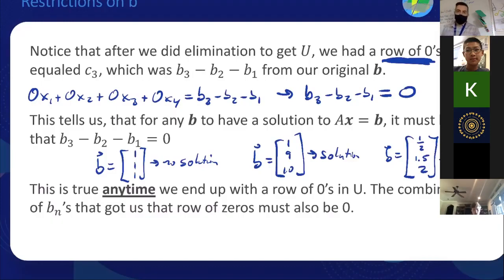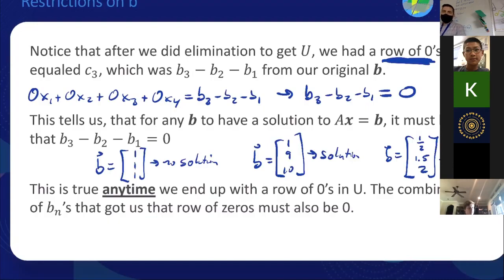Because we got a row of zeros on the left, the right had to also be 0. If you get multiple rows of zeros, you'll have multiple conditions that need to be true. So if I ended up with 2 rows of zeros when I did elimination, for each row of zeros, I will have some combination of B's that would also have to be 0 in order to have a solution. Okay, so this is kind of how we know what types of B's work, what types of B's do not work. In this case, B3 minus B2 minus B1 would have to be 0 in order for there to be